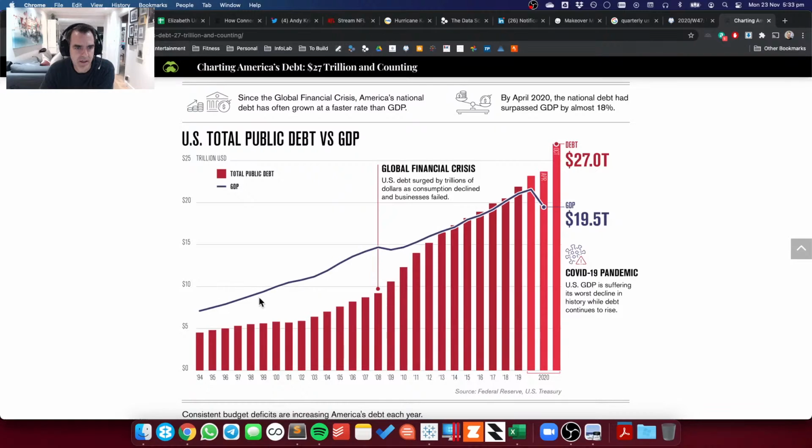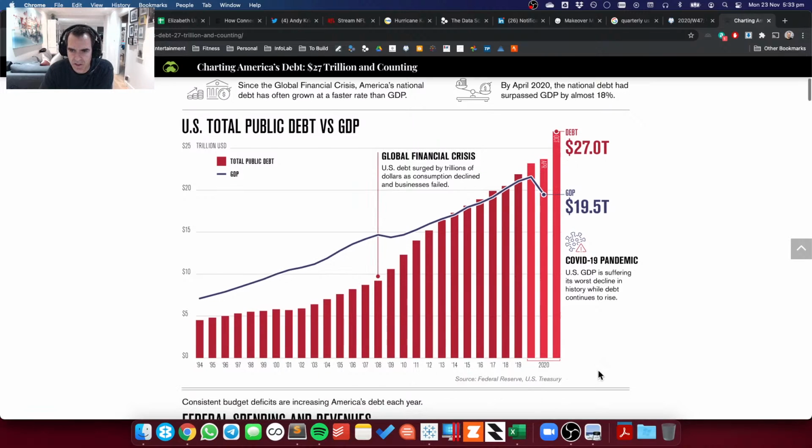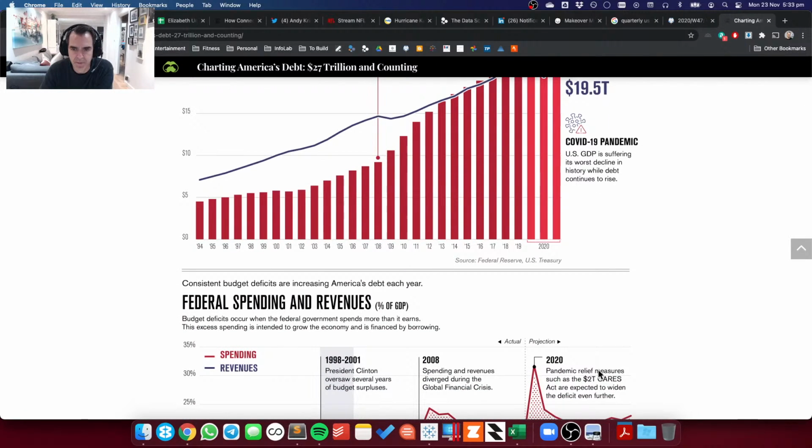Okay, pretty simple. They've got the gross domestic product on the line chart. You can see it dropping there, COVID related, I'm sure. And then we have the debt, which continues to go up despite COVID. So I do like the overall design of the graph. They're both on the same scale, which is good. They've got a nice little indicator here for the global financial crisis. I like how they've put the most recent year in a slightly lighter color of red. I think that looks pretty good. They did well including their source.